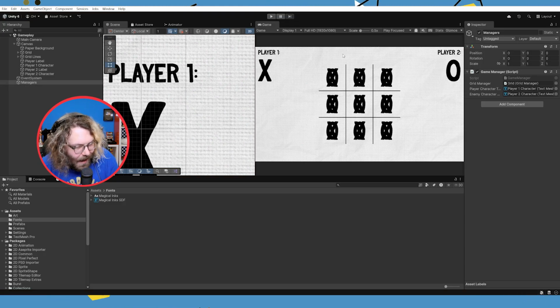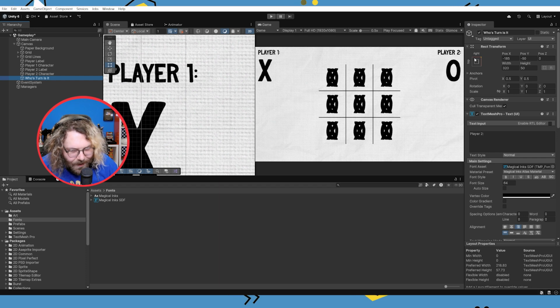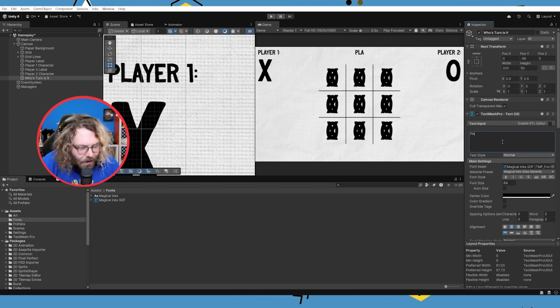Now, what we're also going to add is we need to know whose turn it is. So I'm going to add at the top in the middle here. So if I copy and paste our player 2 label, whose turn is it? And we center this in the middle. We can call this player 1's turn. And we'll change the width to 640 so it fits. We can change that to current turn, and then it'll be player 1. Or we could do it like that. Current turn, player 1,